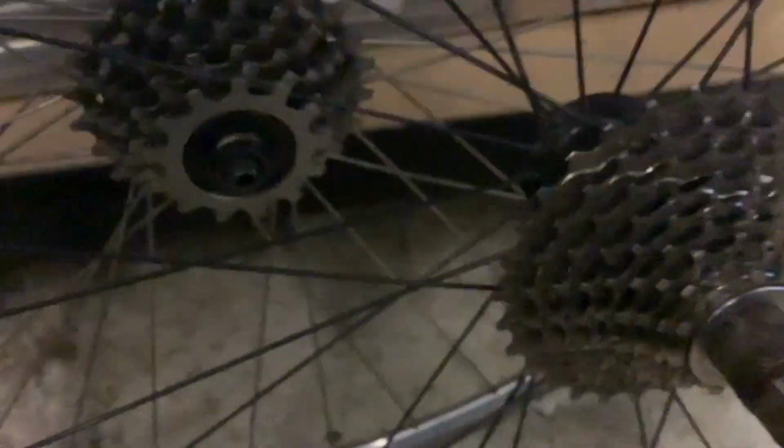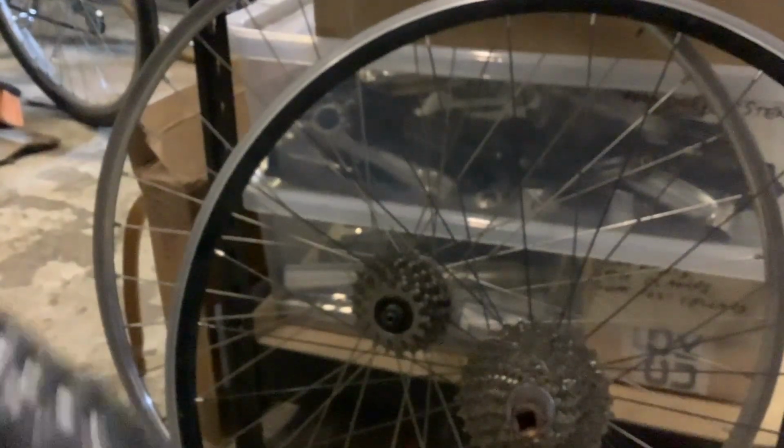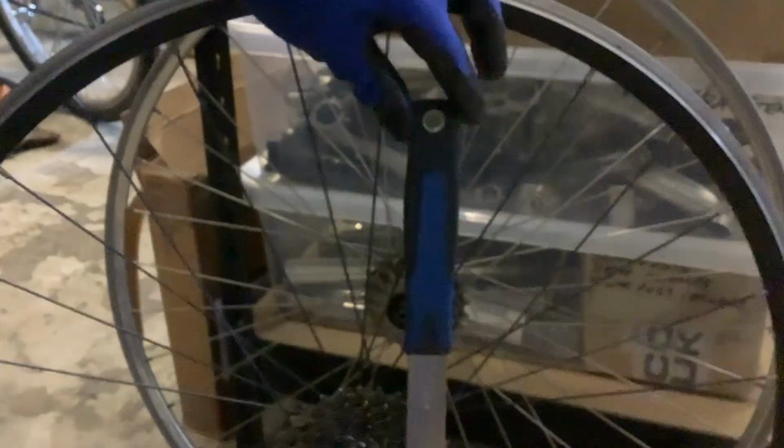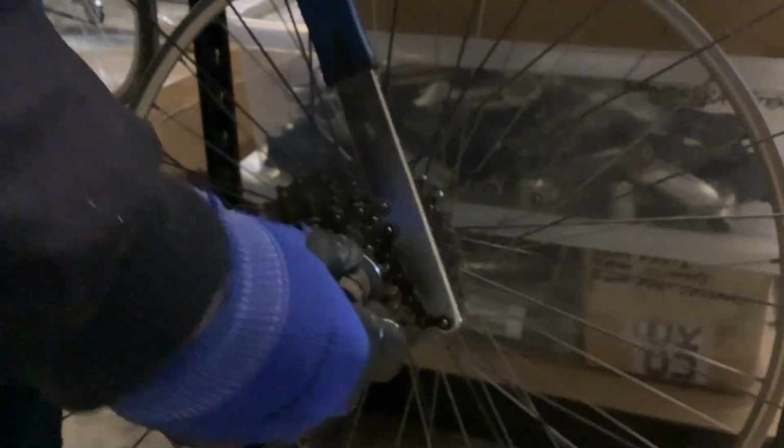You then need a chain whip. You need a chain whip tool. Stick it on maybe the third or fourth sprocket up. And then with a spanner or socket, depending on the type of tool you've got, you unscrew. This one is fairly easy because I've had it off earlier, but sometimes you need a little bit of force on them. But you do that,